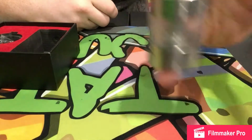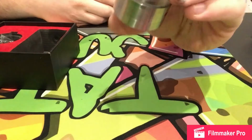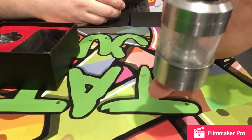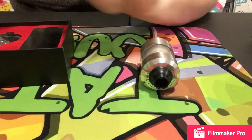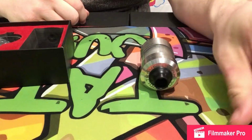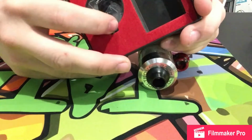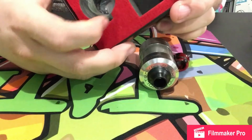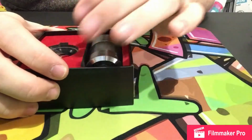I just cleaned this, so that's why it's a little steamed up. But you get your Voltrove. This drip tip does not come with it. I have a person who makes my custom drip tips. And then you get a baggie of goodies and an extra glass tank. So let's compare that really quick